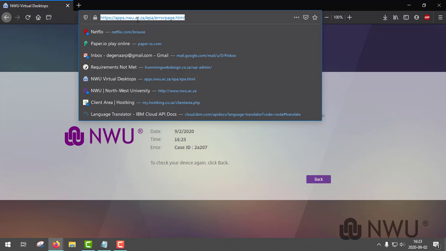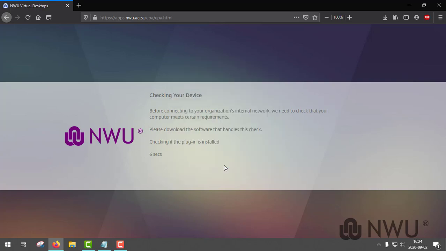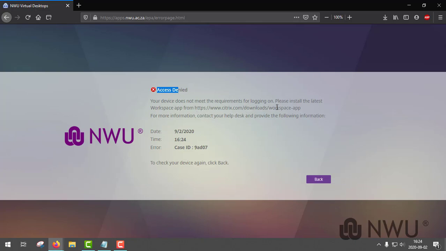So let's type in the URL again, apps.nw.ac.za, and now it's going to give me the pop-up for that launcher. You say open link. Okay, so it says access denied. We have not yet installed the Workspace app. So what you do is you copy this link and open a new tab,